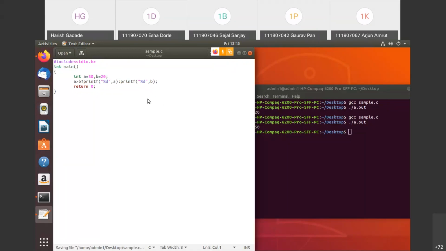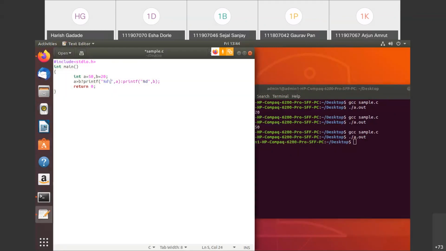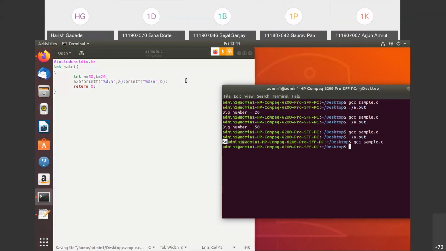So I'll save it, I'll run it, first compile it, running, sorry, it is running error free, and if I run it, you can see here that value is 50. Whatever is a value, that has been printed here, that is 50. If I put here the new line, so we'll understand this. If it is not visible properly, you can see here that value is 50, right? So this was about the conditional statements.